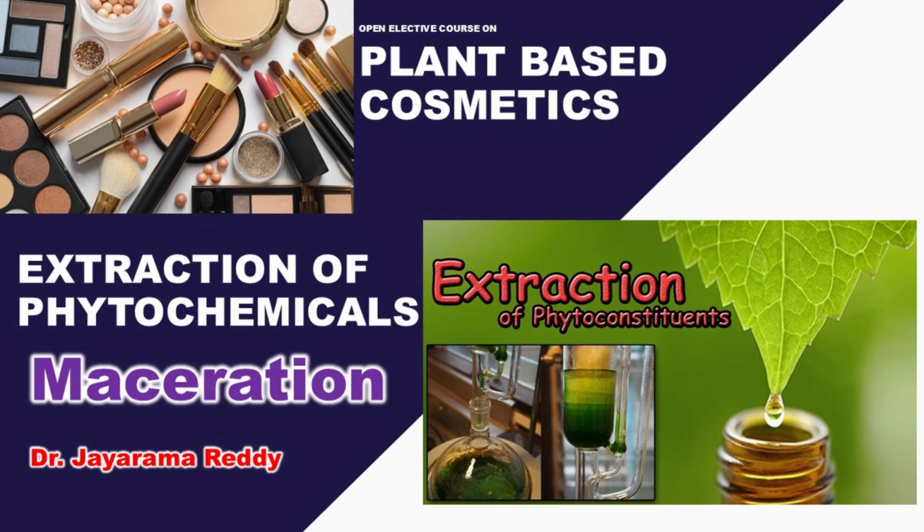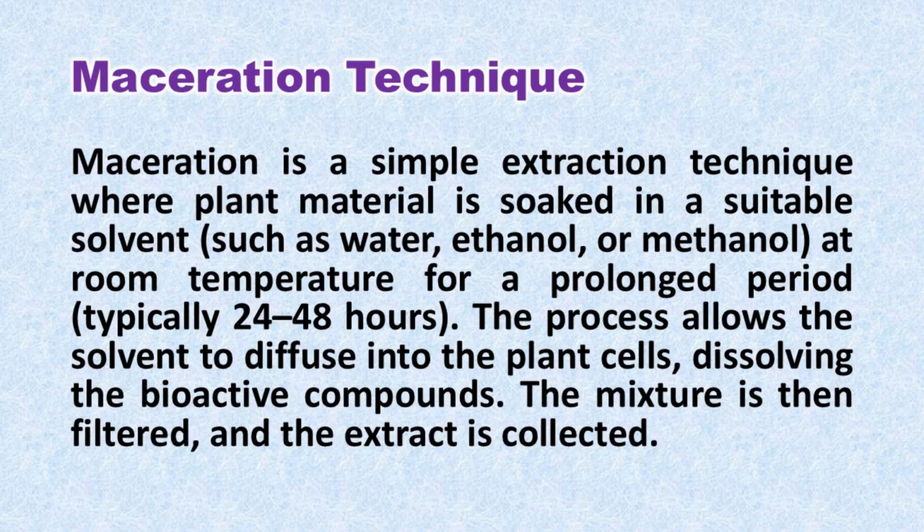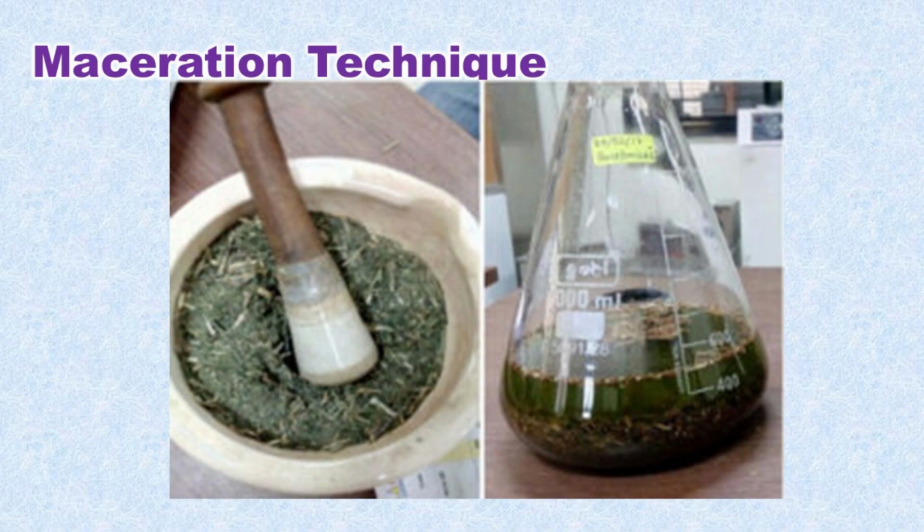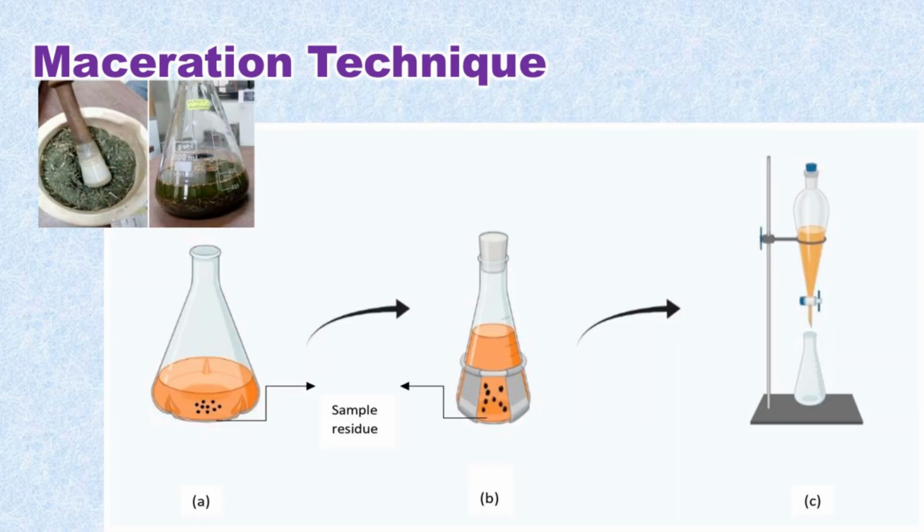The most common and the easiest technique is called maceration technique. In case of maceration technique, what we do is we take the plant material and we just keep the plant material in the solvent for a short period of time, maybe 1 day or 2 days depending on the plant material. The phytochemicals that are present in the plant material will dissolve in the solvent. Now after say 1 or 2 days, you just filter and then collect the solvent in which the phytochemicals are present, and then phytochemicals are taken from the solvent. Easiest technique.